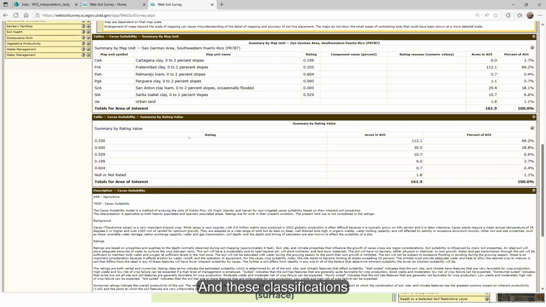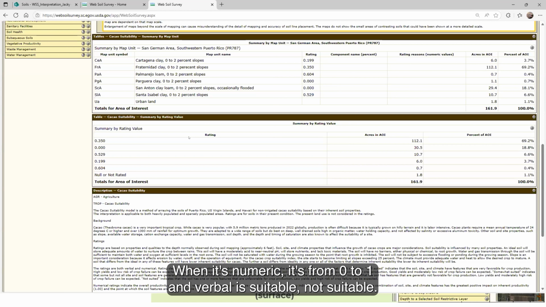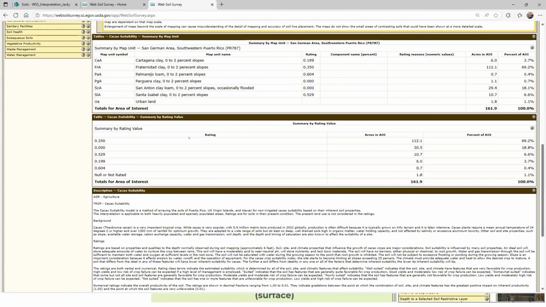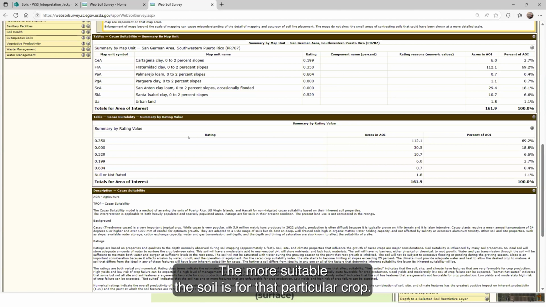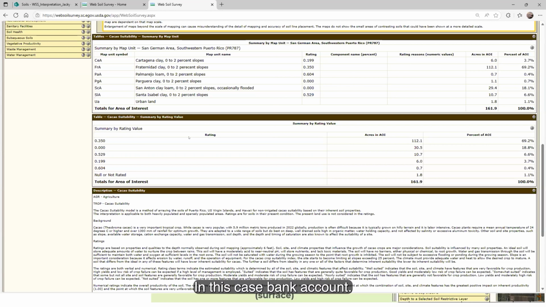And these classifications are done numerically and verbally. When it's numeric it is from 0 to 1, and verbal is suitable, not suitable, or mid suitable. The higher the number, the more suitable the soil is for that particular crop, in this case being cacao.